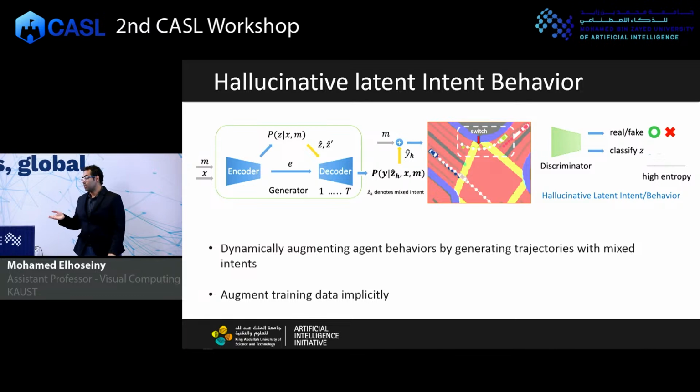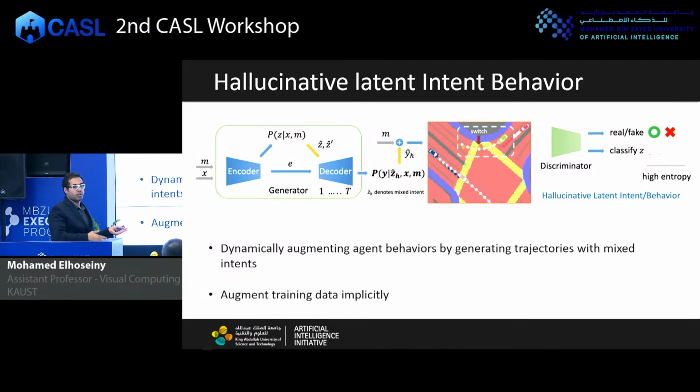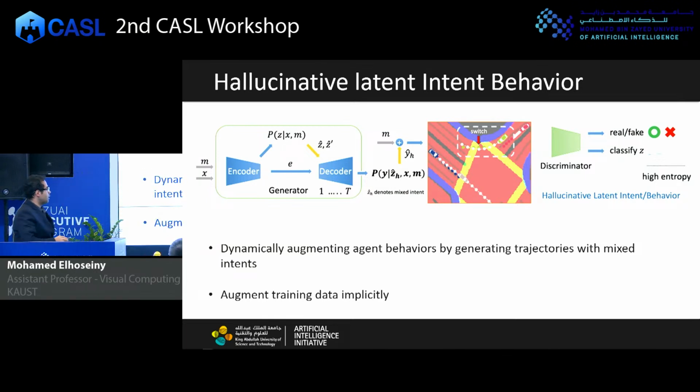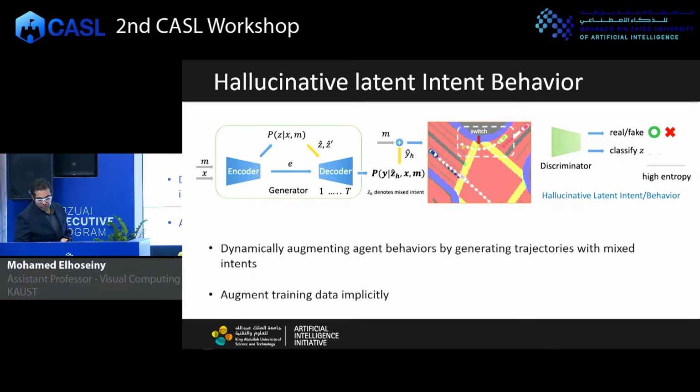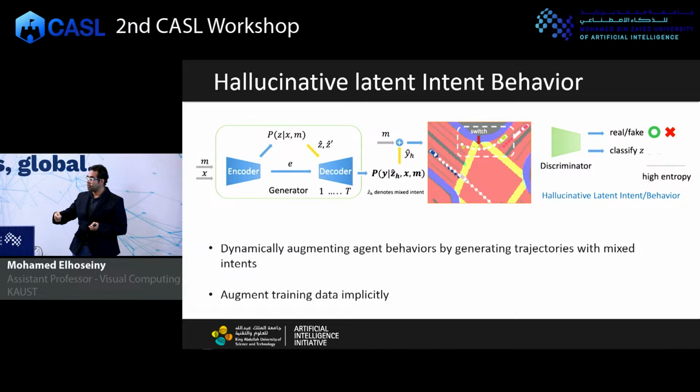And one of the things that is modeled in self-driving is future intent. If you are at an intersection, given whatever history you have, there are multiple futures. You can go right, straight, or left; you can go right in the first lane, second lane, or third lane. This is modeled here by the random variable z. If you look at P of y given x, x is the history, m is the map information, z is the driving intent. And for every driving intent you sample, you get a different future.